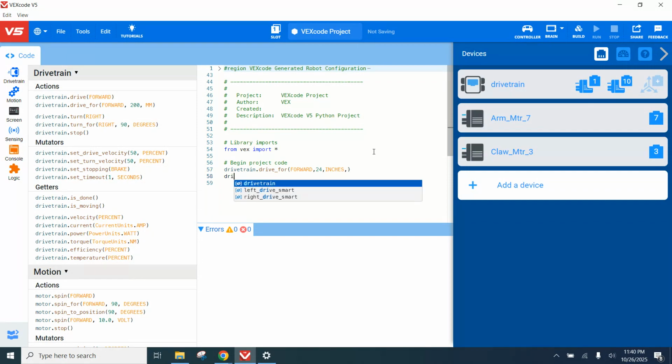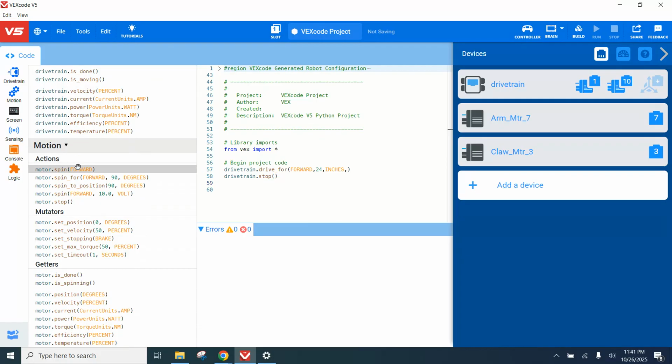Now I can go ahead and call on that again, drivetrain, and I can hit my period, and I want it to stop now at the end of that 24 inches. So I'm going to hit tab to select that, and now I'm going to hit enter again. Okay, you can do that. You can go ahead and enter any of these